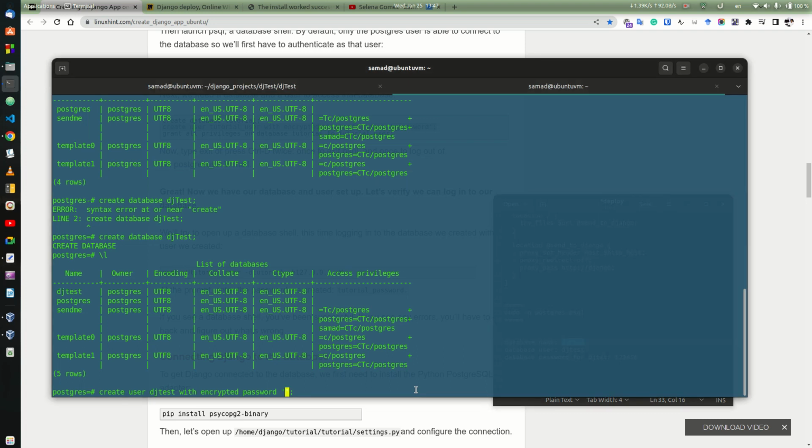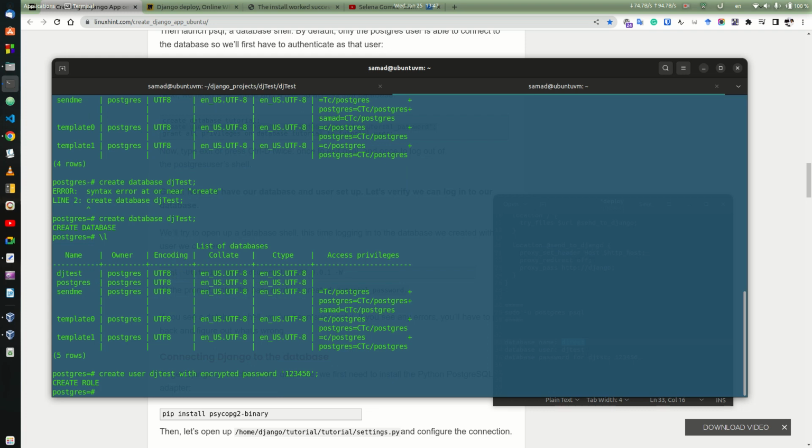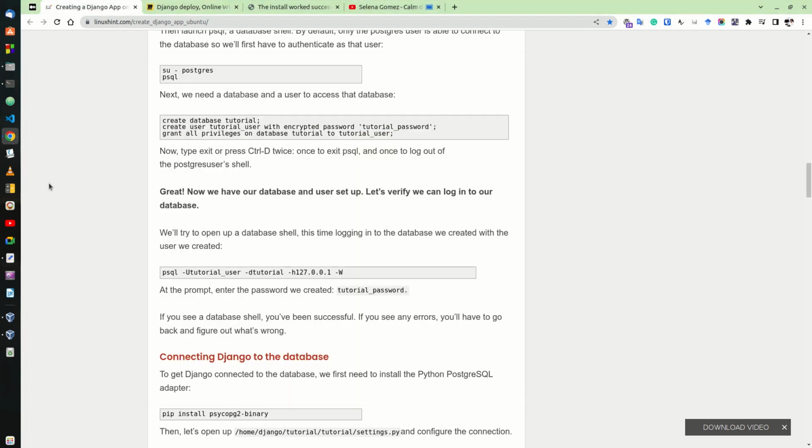You can specify any password you want, but for simplicity I am going with a simple password. So as soon as I hit enter, the user has been created,